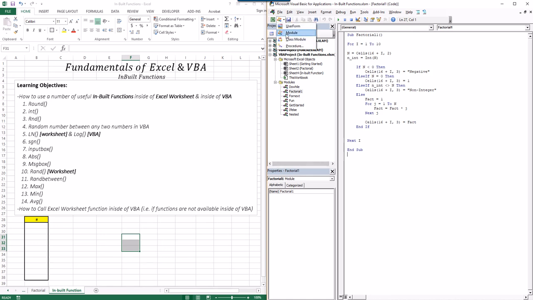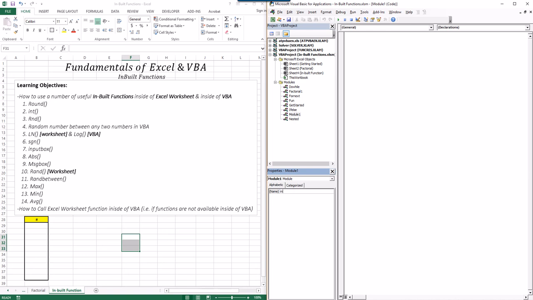So we're going to open a module, and I'm going to call it Inbuilt. Sub Inbuilt. And the first thing I want to go through is the round function. The round function rounds any number to whatever desired decimals you want. So we can say round, and you can see here whatever number you want to round and to whatever digits you want to round. So let's say 12 point whatever numbers, and I want to round it to say the